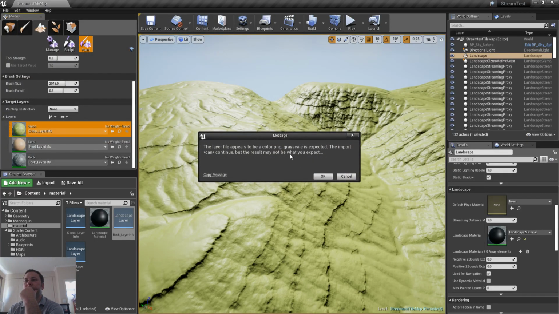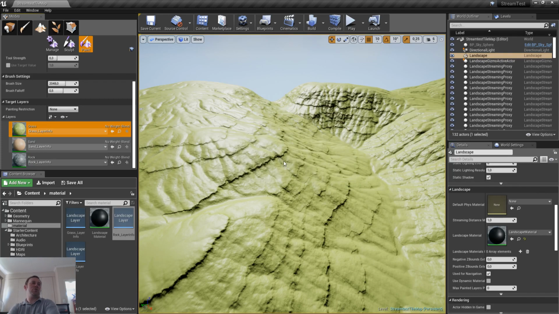It says it's a color, but it should have been grayscale, and it's a little bit out. The 8072, it was expecting it to be 8065, and I'm just going to choose to ignore it for now. And you'll note there was no option there to flip the Y. So if you didn't flip the Y in World Creator,